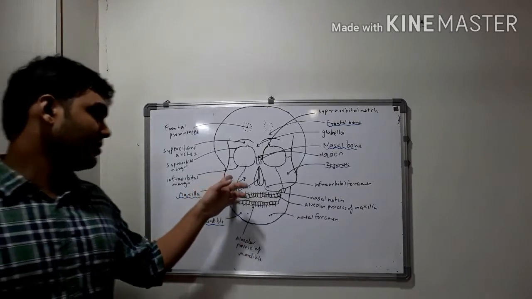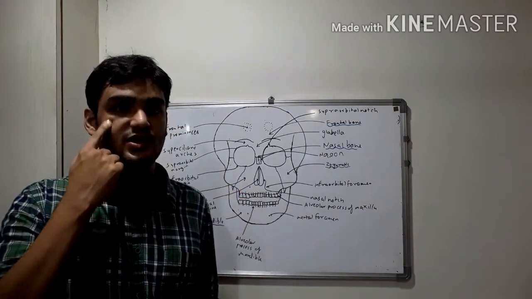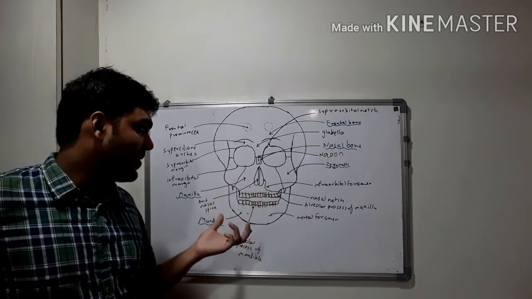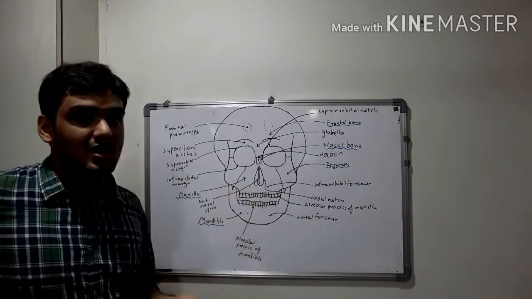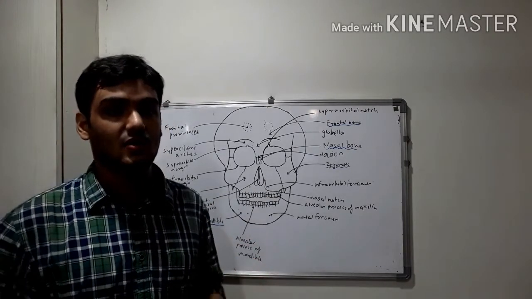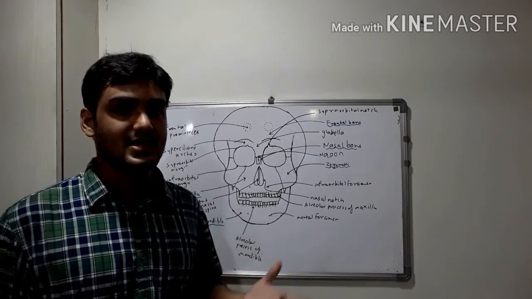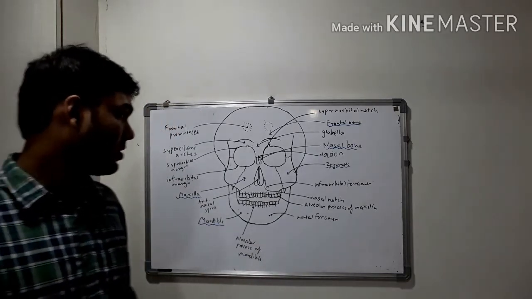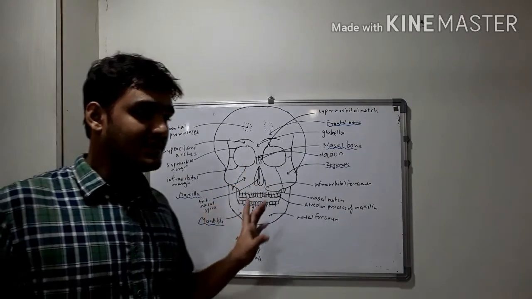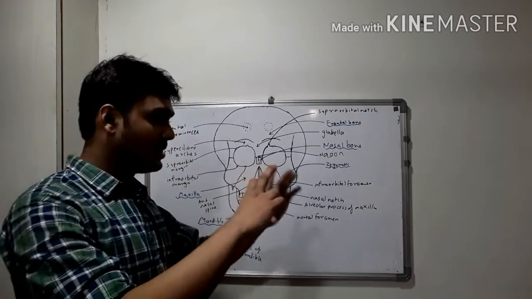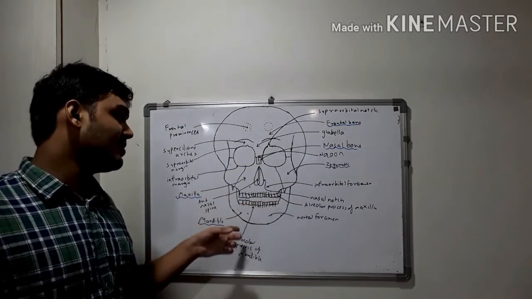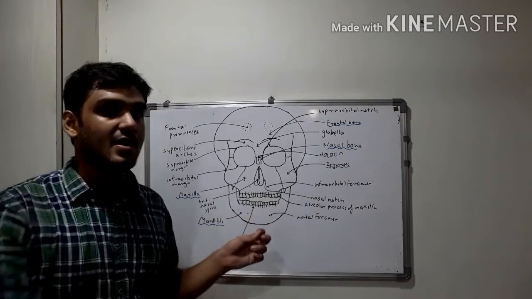Here is the zygomatic bone, the cheek bone, which forms the prominence of cheek. Then the maxilla, and on the maxilla we have a foramen known as infraorbital foramen, from which the nerve of the same name comes out, infraorbital nerve, and this is a branch of maxillary nerve, the V2 division of trigeminal nerve. Then we have the nasal aperture, the nasal notches of maxilla bones of each side fuse in the center to form the nasal aperture, and this is the mandible, and on the mandible we have a foramen known as mental foramen, from which the mental nerve comes out.